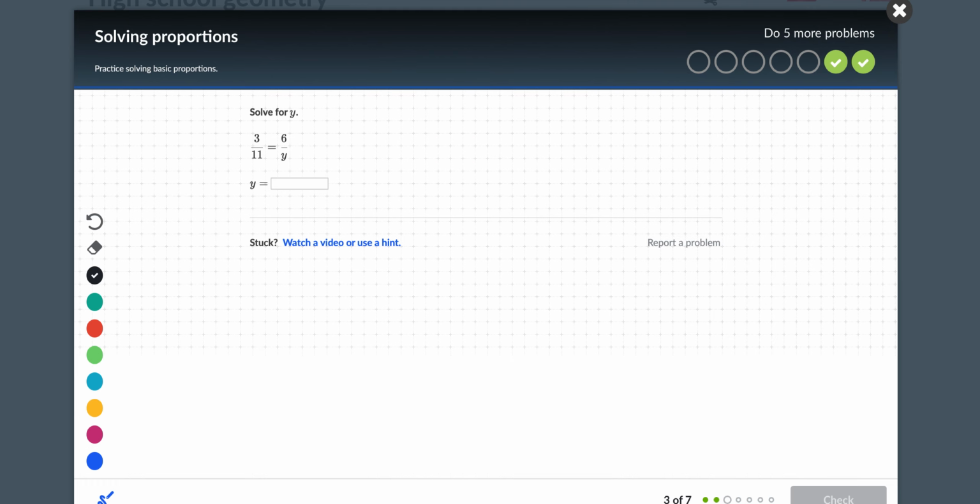Alrighty, let's do a few more. So this simply asks to solve for y. As we did a few problems ago, we just multiply both sides by y, because that cancels out this side, so it's just 6. So now we have 6, equals 3/11 y. And now all we have to do is multiply this by the reciprocal,